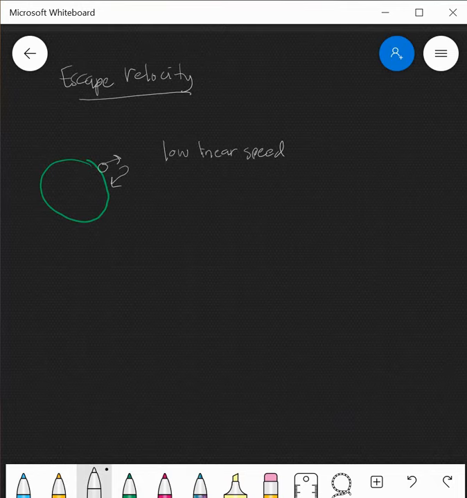But if you shoot an object with a very high linear speed, dengan speed yang sangat tinggi,